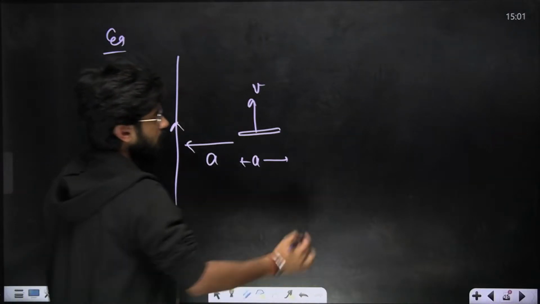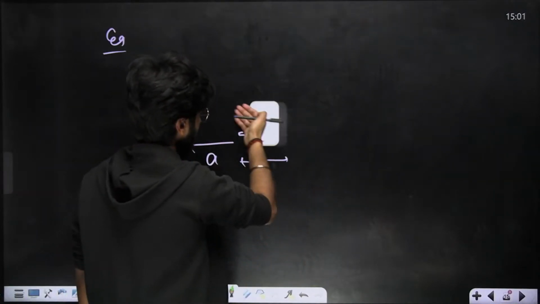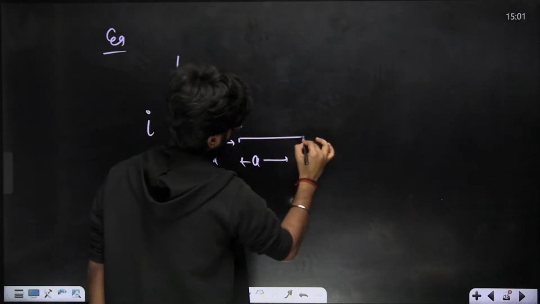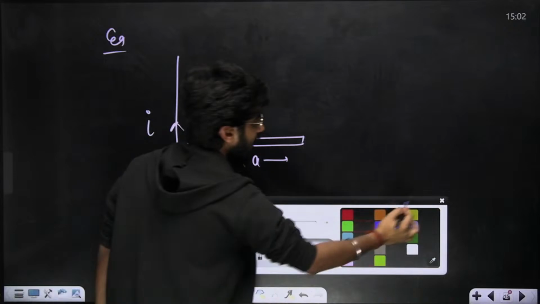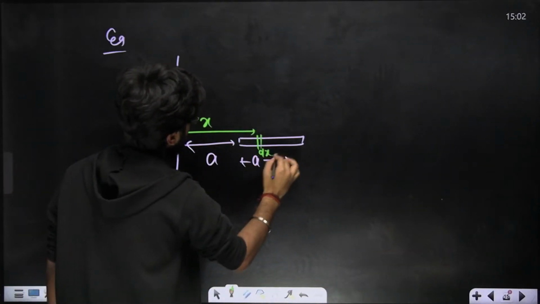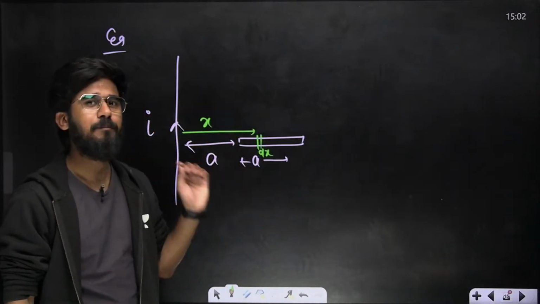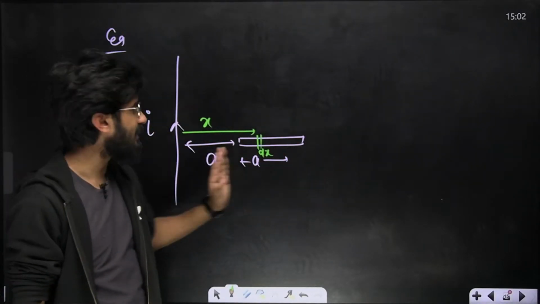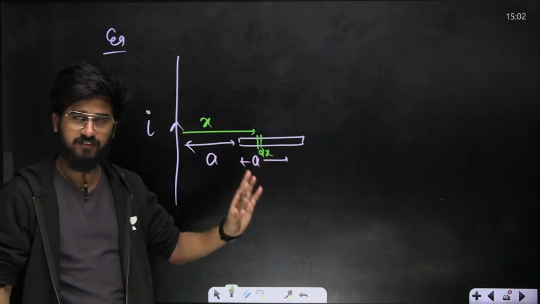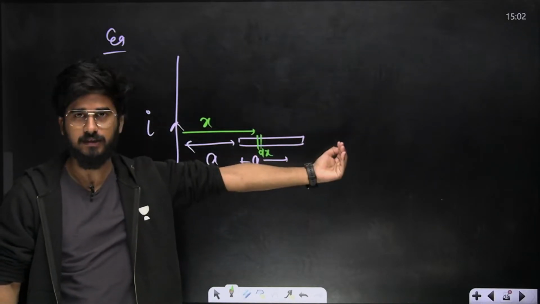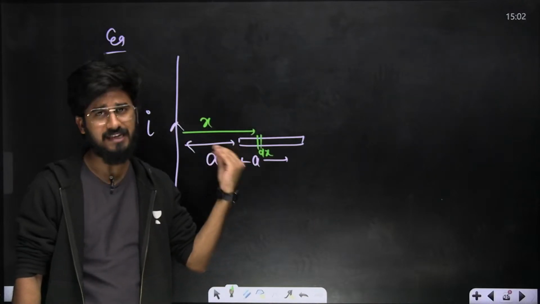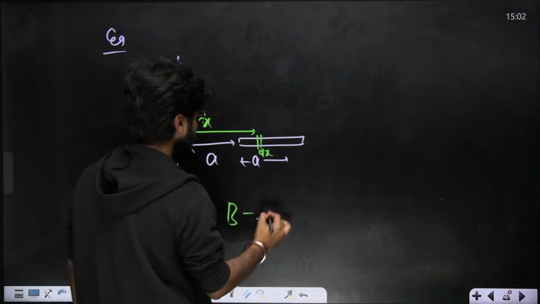Listen to me very carefully. This is the rod, or let me draw a bigger rod. How will we calculate? We will simply go along x and take an element dx. Why are we doing so? Because the magnetic field is not constant for all the points. If you go away from the wire, the magnetic field will decrease. At a particular point, the magnetic field will be constant, but as we go further, it will change. Now, at this particular distance x, the magnetic field will be B equals mu naught I